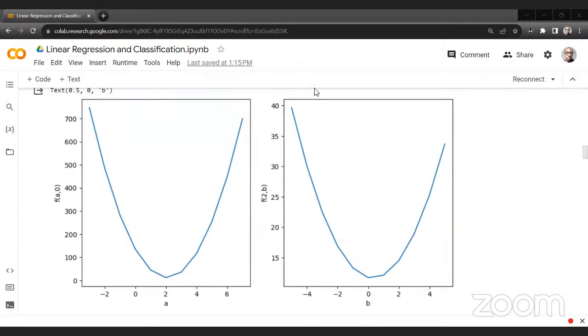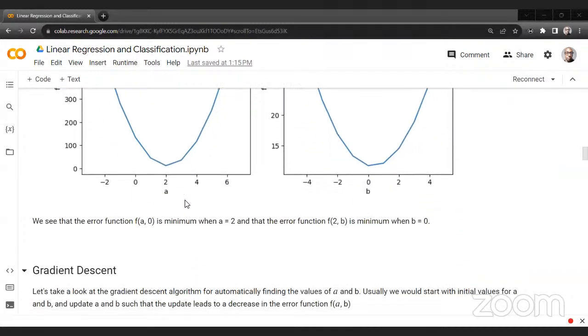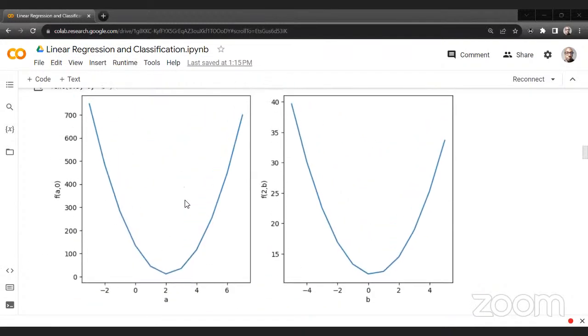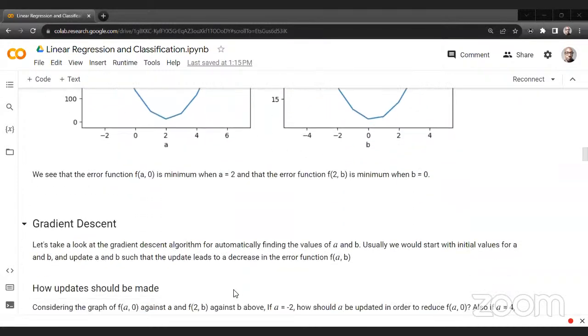Okay, B equals 0. So yeah, it's quite obvious. When A is 2 we have the least error, and when B is 0 we have the least error. Okay, so